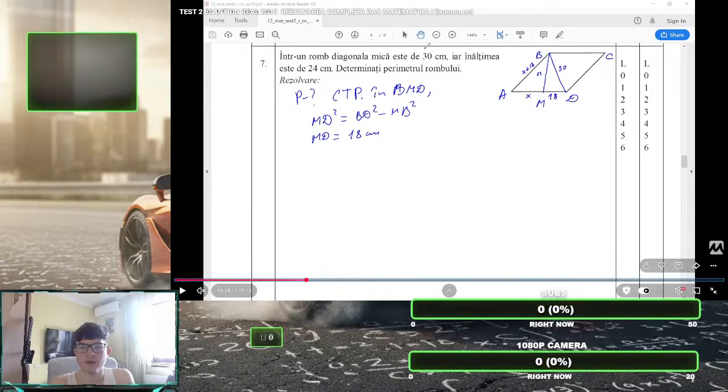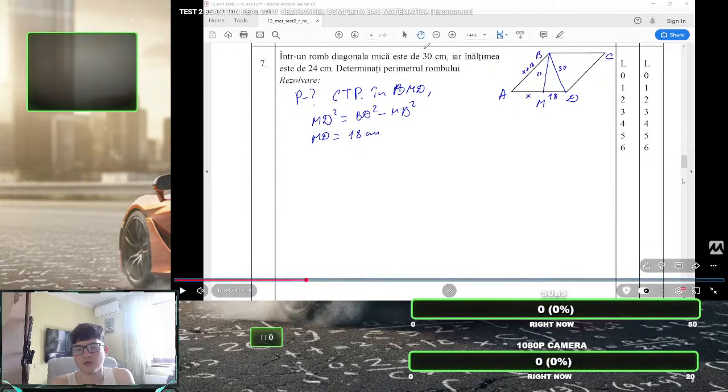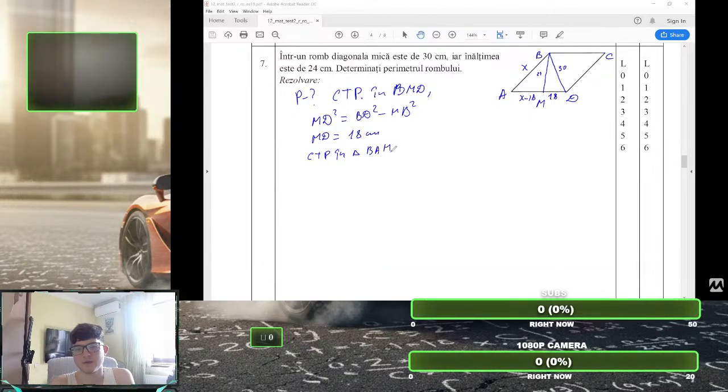You pop the x right there, x plus 18 right there, because AD is x plus 18, so AB is the same because of this kind of shape. So what to do now? Well, I guess I don't know if you can get the perimeter right now. I think no. X minus 18, you pop right there. Well, I guess that's a way. I don't know why I did that. X minus 18,